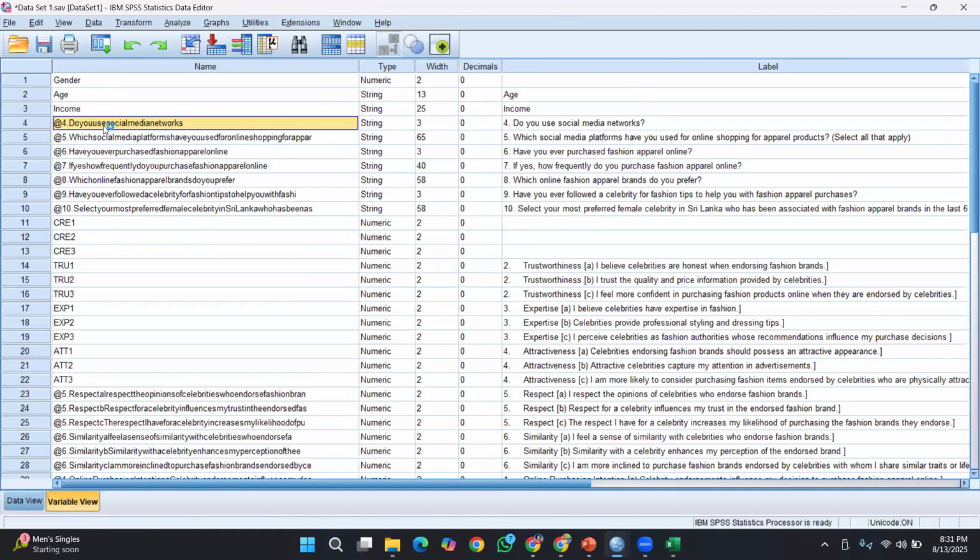Right? Usage. Do you use social media network? Then you can say usage. Right? Then platform and purchasing, right? So like that way you can convert them as the way you want. And necessarily you have to convert the